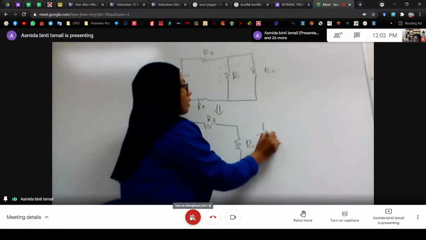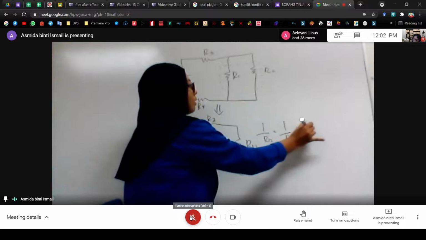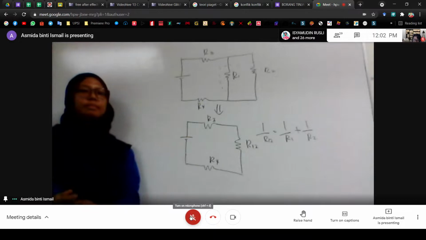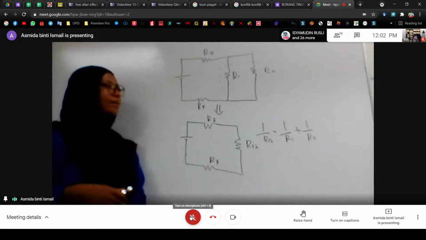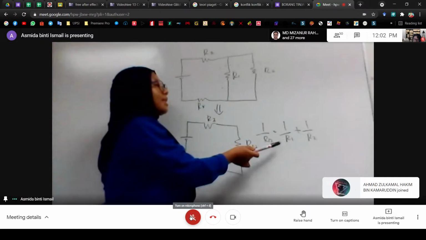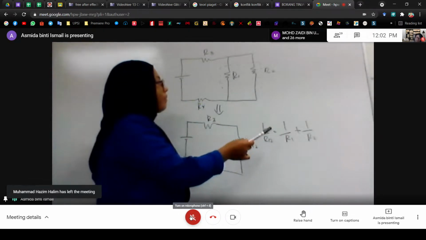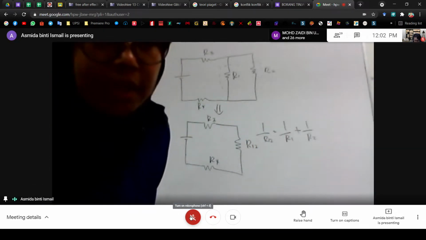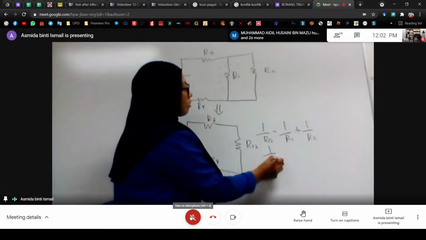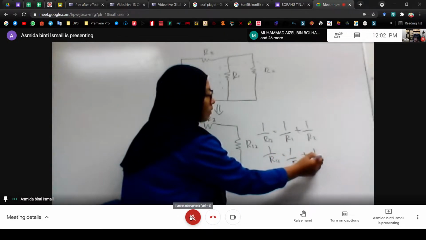1 over R12 is equal to 1 over R1 plus 1 over R2. Understand? Okay. Why we use this? Because this is parallel. This is the formula for the parallel circuit, for the parallel resistance. Okay. So what is the value for R1 and R2? 5 and 3. Okay. 1 over R12 is equal to 1 over 5 plus 1 over